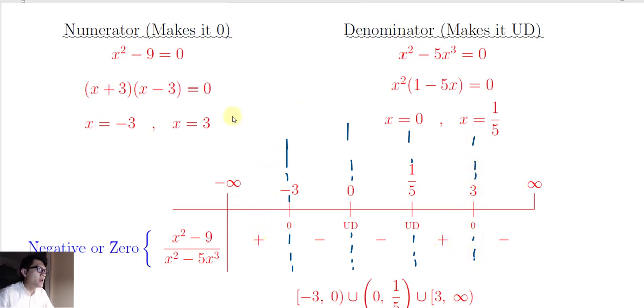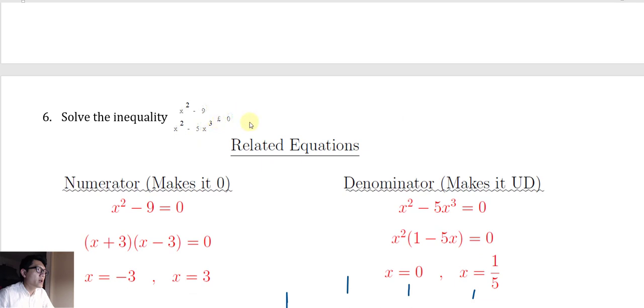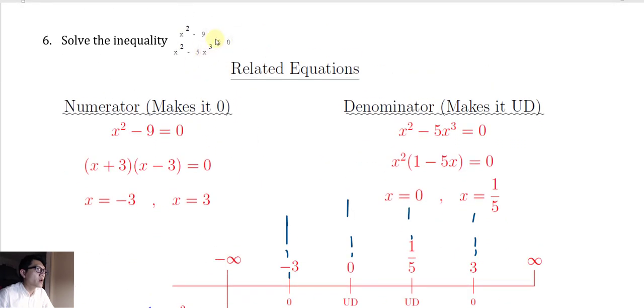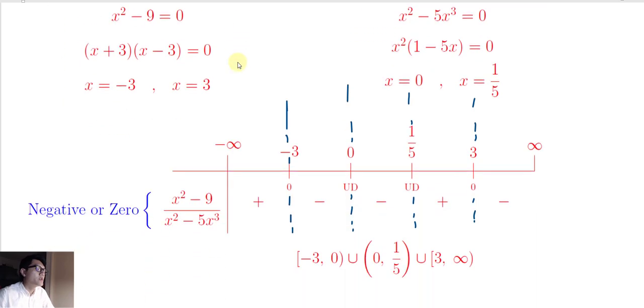Now, we are looking for something that makes the function less than 0. For some reason, the format is wrong here, but yeah, it's less than 0. We just saw less than or equal to 0. This one, right? We are looking for negative or 0 of this function. Okay, so